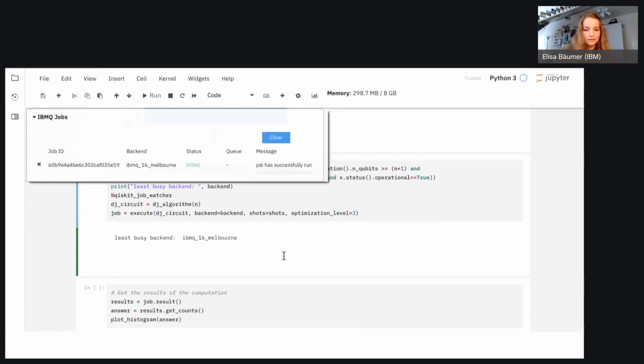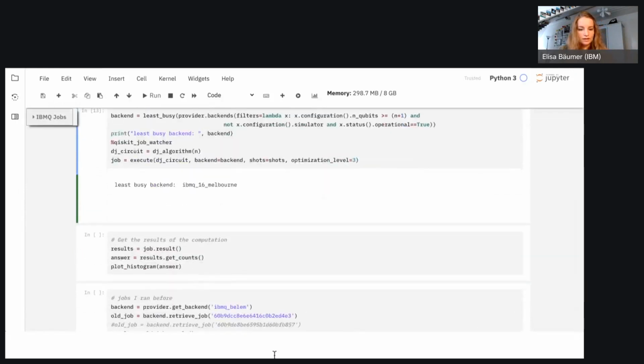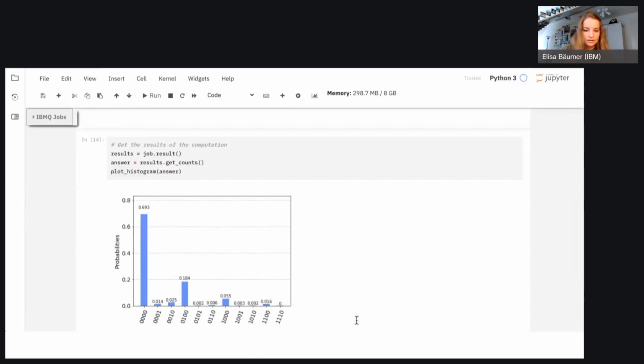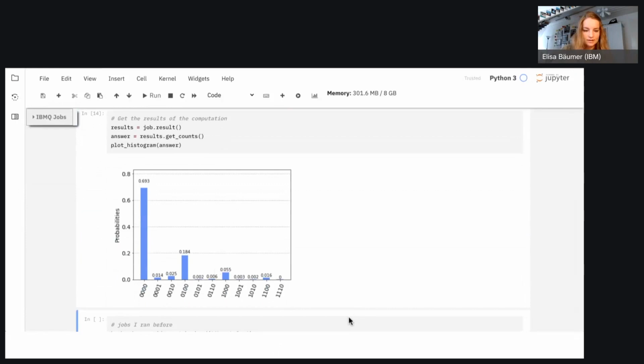So let's see. Oh, we see the job has successfully run. Now we can look at the results, get the counts, and again plot the answer. And you will see that this now has a very different distribution. So it's not 100% in the 000 state, but it has around 70% here to give me the output, the 0-bit string, and then some noise here.